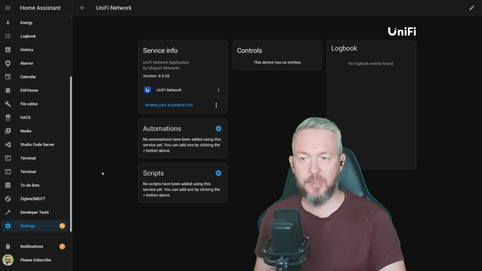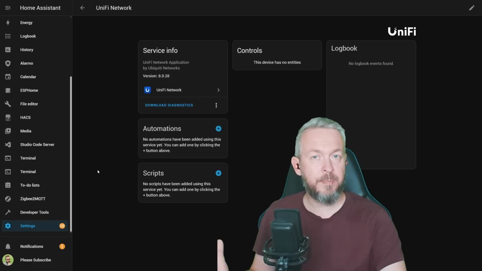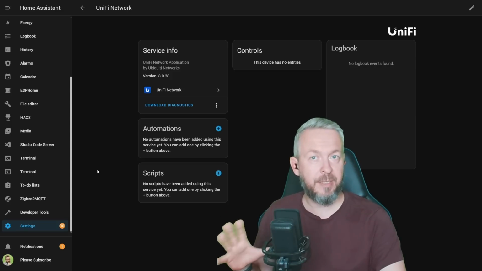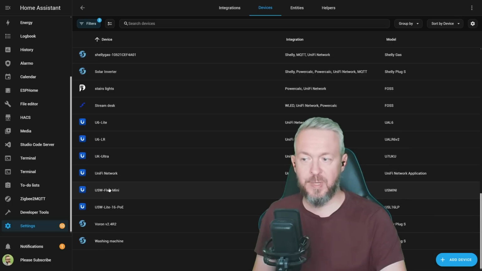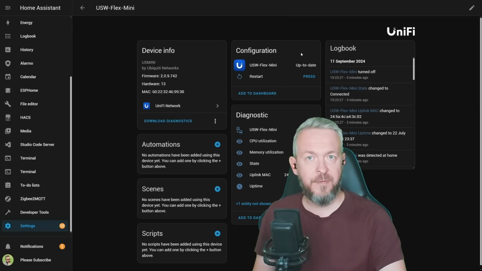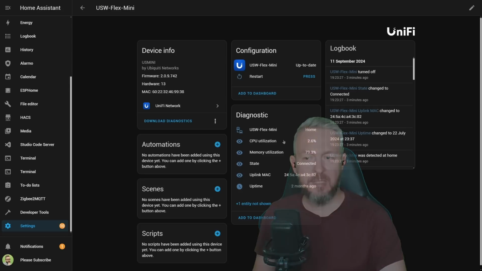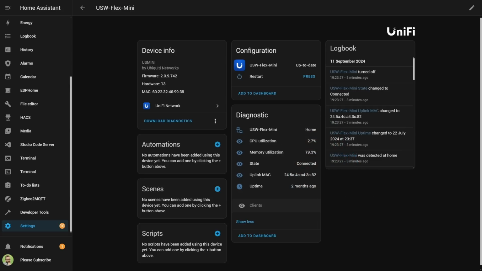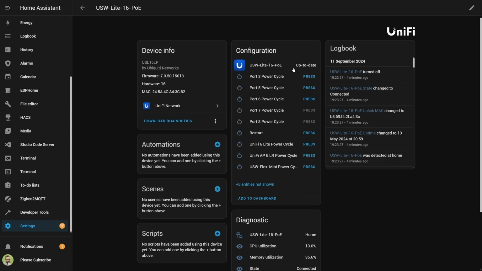If I click on Unifi network, I will see no entities here. But this is the main integration. If, for example, you have a router or some other device from Ubiquiti, then you can probably have some other entities here too. As for the switches, this one is a simple switch. I can see if it is up to date, I can restart it, what network it is attached to, state, MAC address, uptime information, and also disabled, but I can enable to see how many devices are connected via that specific switch. Same goes for the 16-port switch, but I can also here power cycle the devices because yes, this